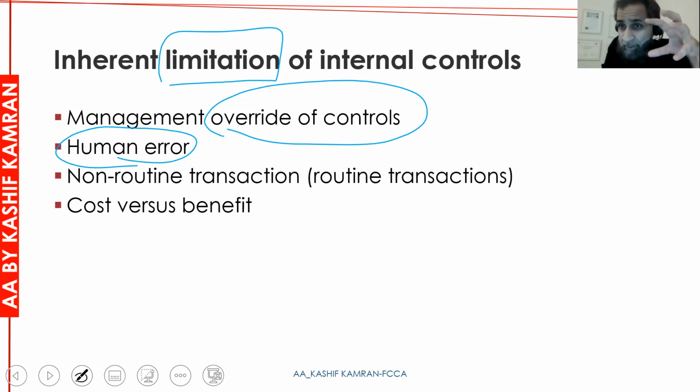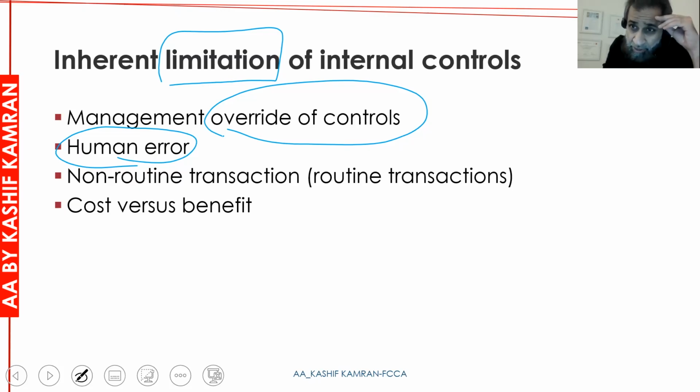Non-routine transactions. We normally put controls on routine transactions. But if there is a non-routine transaction, we have no controls in place. Something happens for the first time in the organization, we have no controls in place. But if something is happening in the organization on a daily basis, like sales, purchase, payroll, we have controls for them. But if something happens for the first time in the organization, we have no check and balance for that. So non-routine transactions stand at a much greater risk than routine transactions, because routine transactions are covered